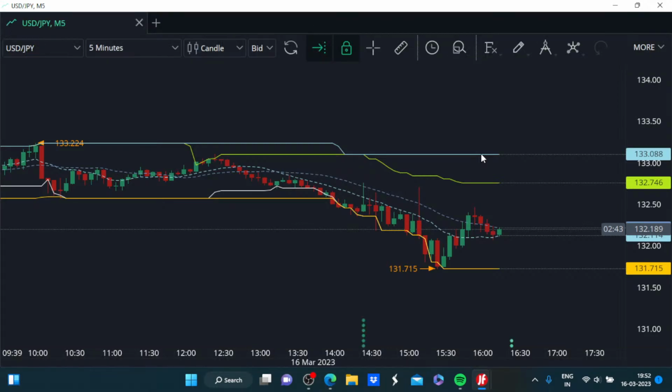So this is the USD JPY chart, in which you can notice that the larger trend, the larger picture, has been bearish for the USD JPY throughout today's trading session. It started this decline after making a high closer to 133.22. From there on, it changed gear, and if we consider this price formation, it is of lower highs and lower lows, so all we have to do is keep looking for short selling opportunities